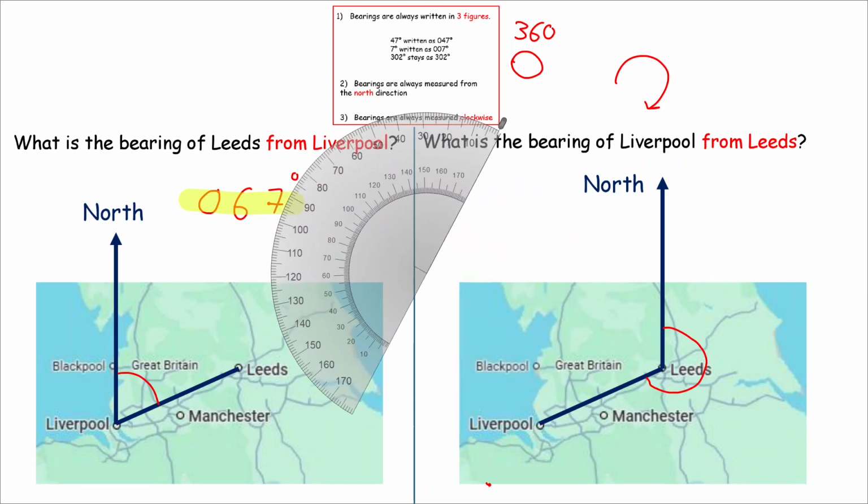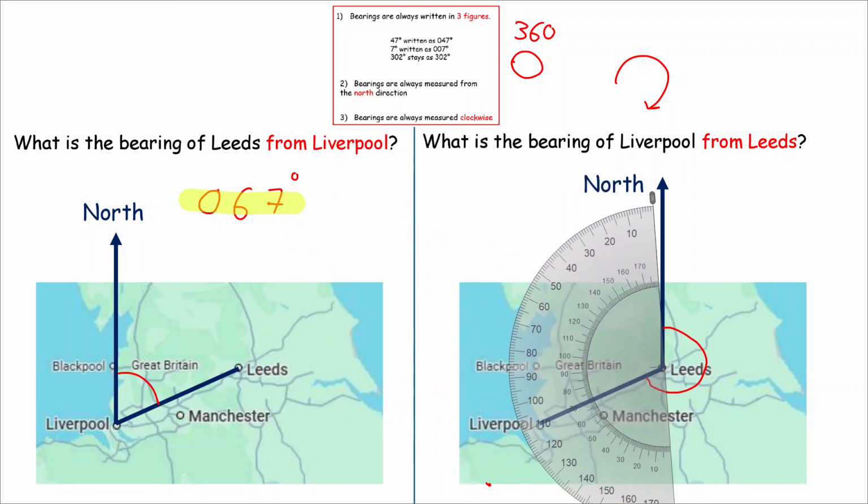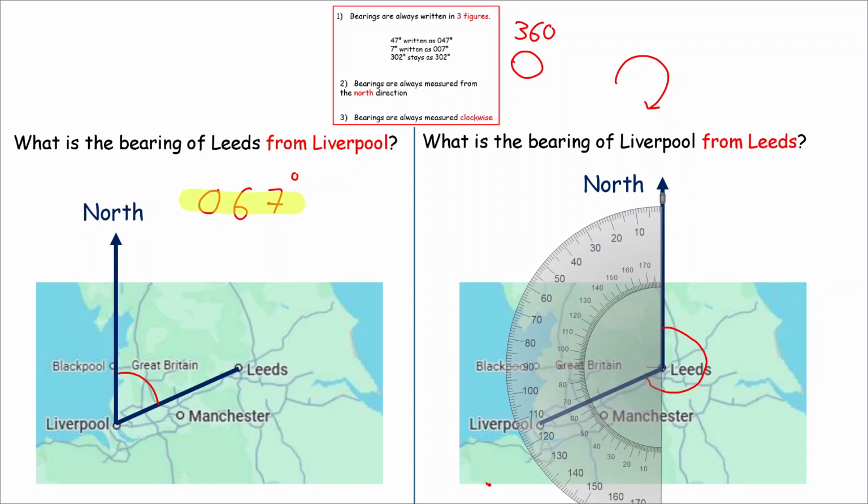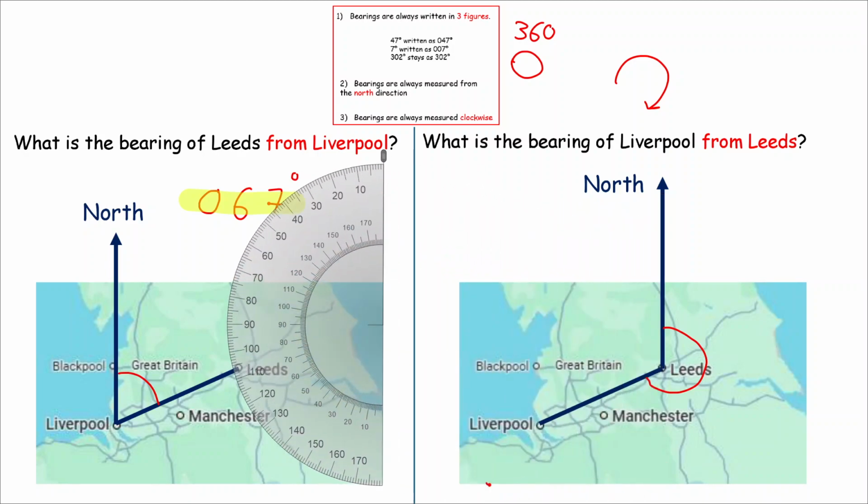Let's spin this around. There we go. Let's go and put it lined up. So let's go measure it like this. So again, you can do this in two different ways. But I'm going to go from here. I'm starting at 0, which is good. And I've got to start at 0, not 180. So 0, 10, 20, 30, 40, 50, all the way around until I get to my line. And the line should keep going really, but you can see it's between 110 and 120, exactly 115, which is good. So this angle here, let's do it in blue this time, is equal to